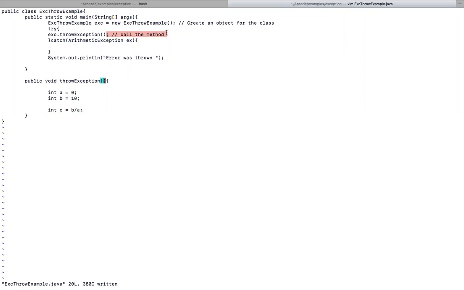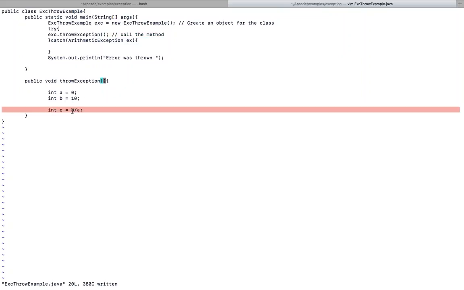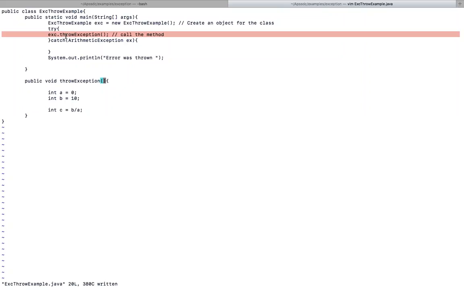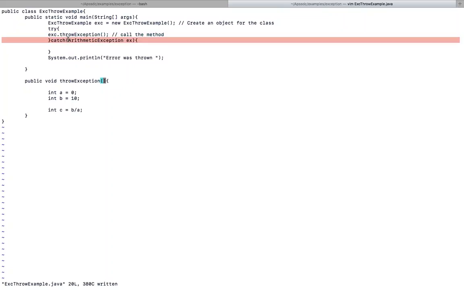So basically it is thrown here again, it propagates back to where the method call was made, right? Until the time it is caught, it keeps on being thrown back, right? And eventually it is caught here, right? When it is caught, we simply say,